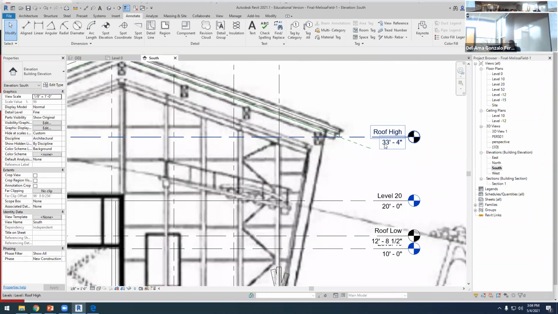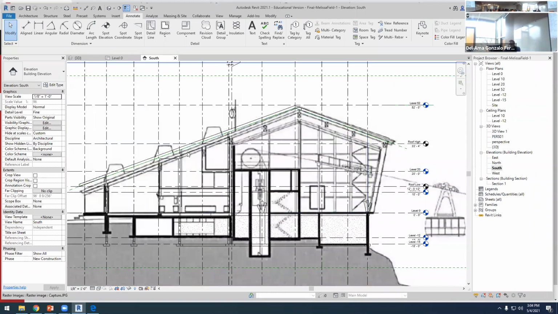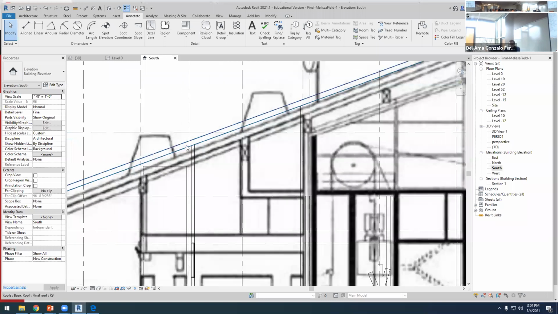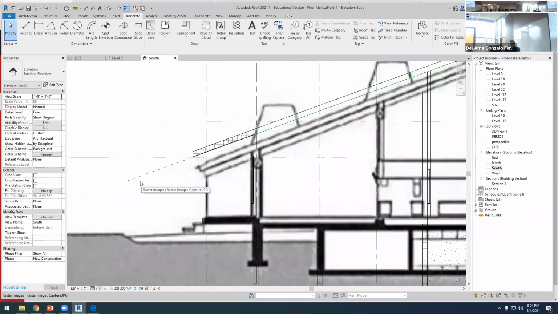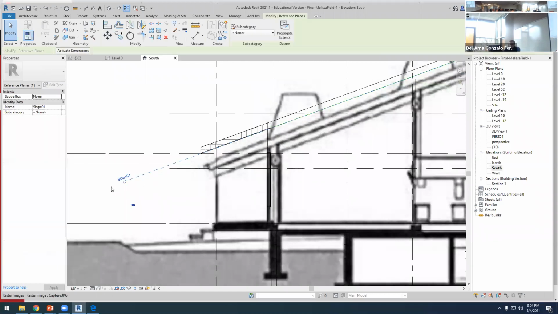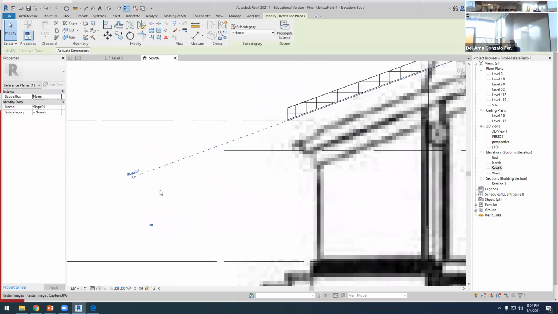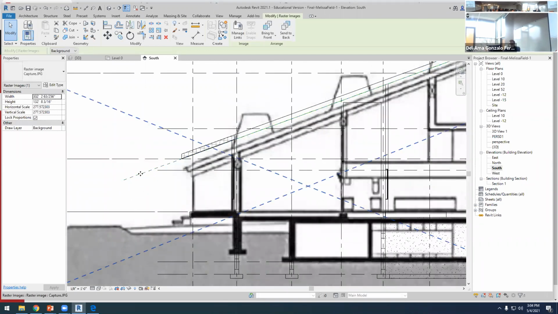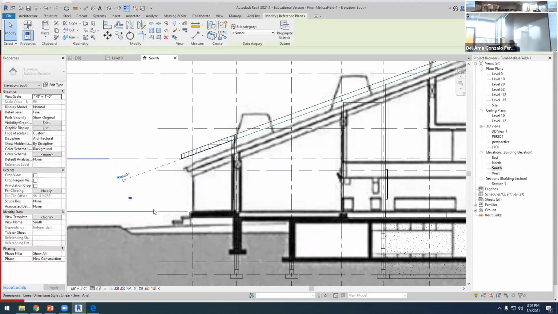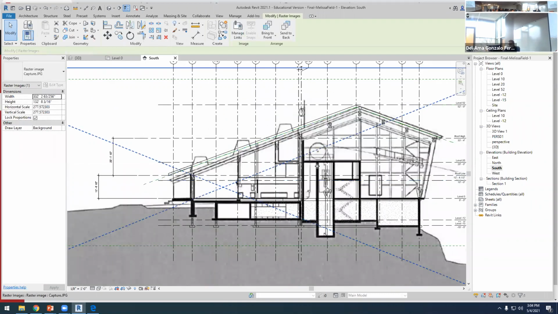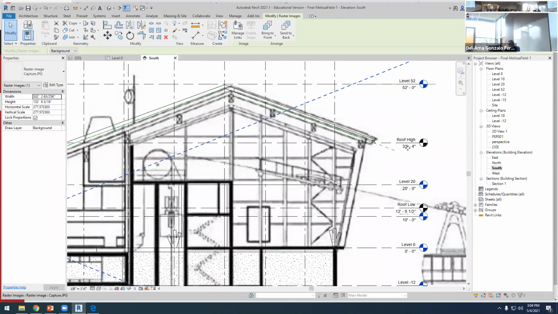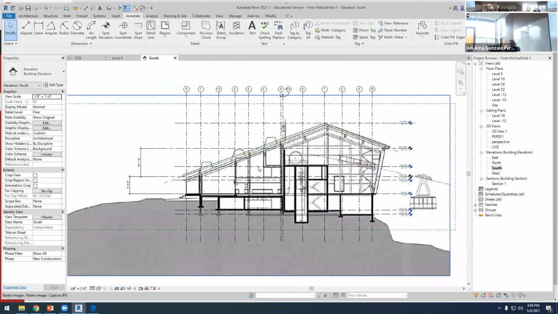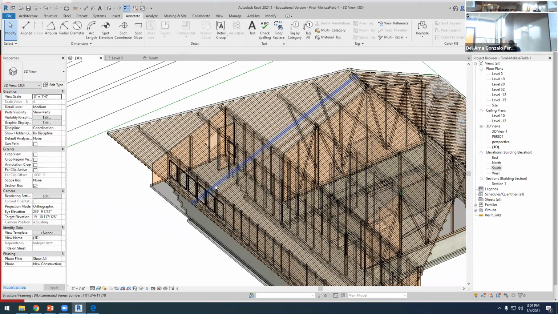So let's do this. I'm going to use this level 33, okay, because it's almost at the top of this one. And then I'm going to use this tilted slope 1 reference plane. You remember that we created this reference plane last time. So I'm going to use the slope 1 reference plane, and I'm going to use the level 33. So now the 3D,